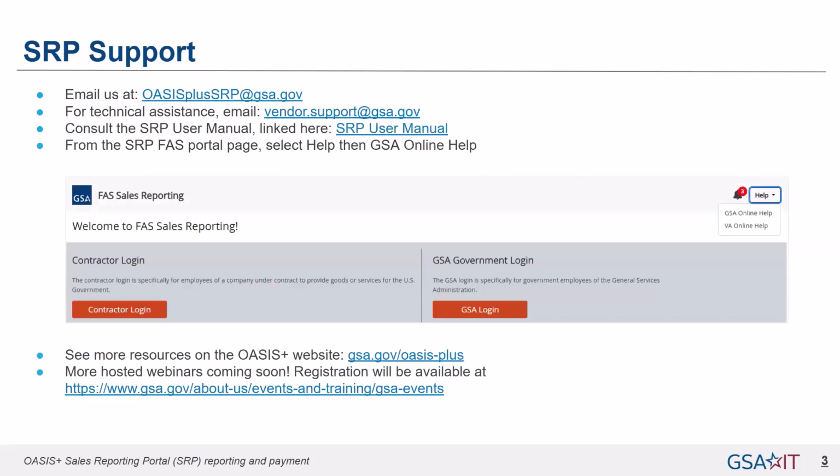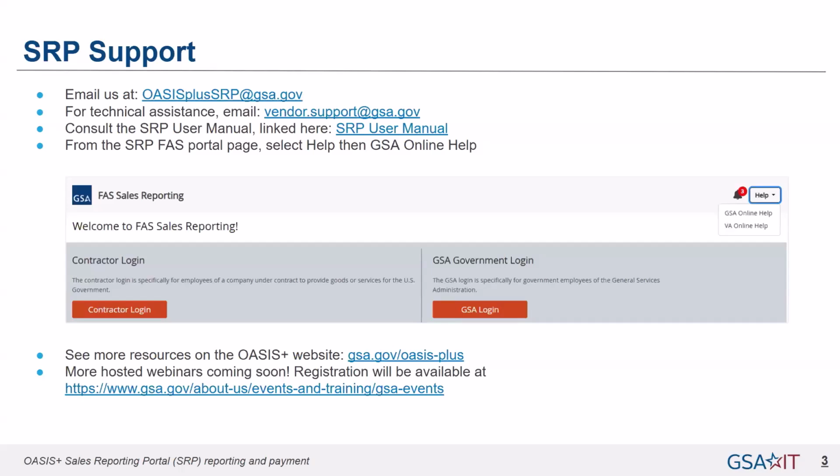Anything regarding sales reporting or task order management, things of that nature, all go to the OASIS Plus SRP at gsa.gov email. Anything else regarding the SRP system itself goes to vendor support at gsa.gov. Things like login issues or reporting issues, that the form doesn't get accepted, or systems issues like that,